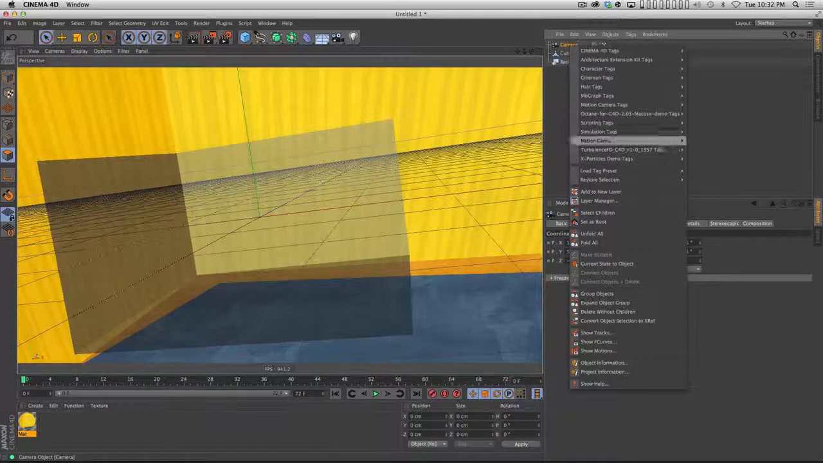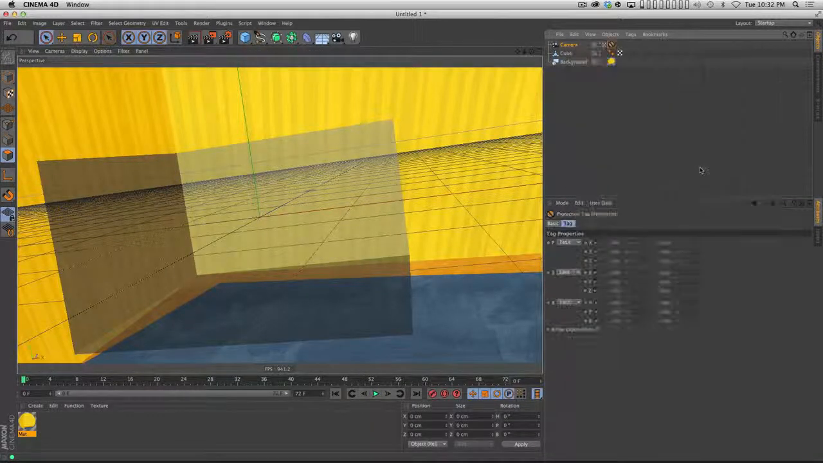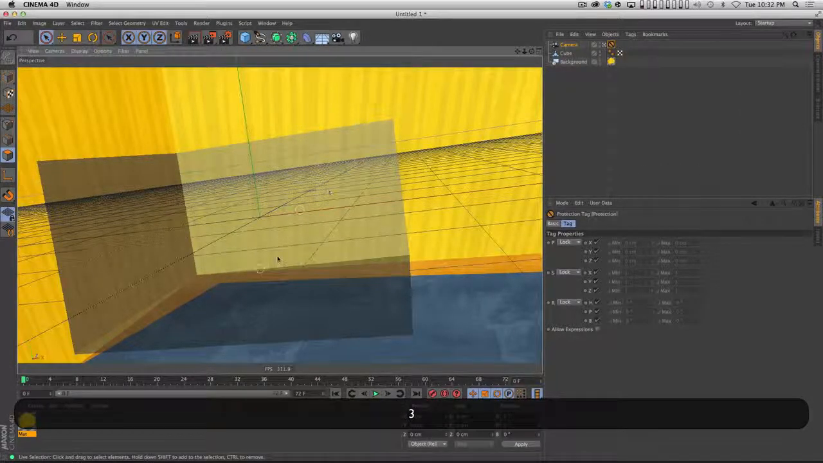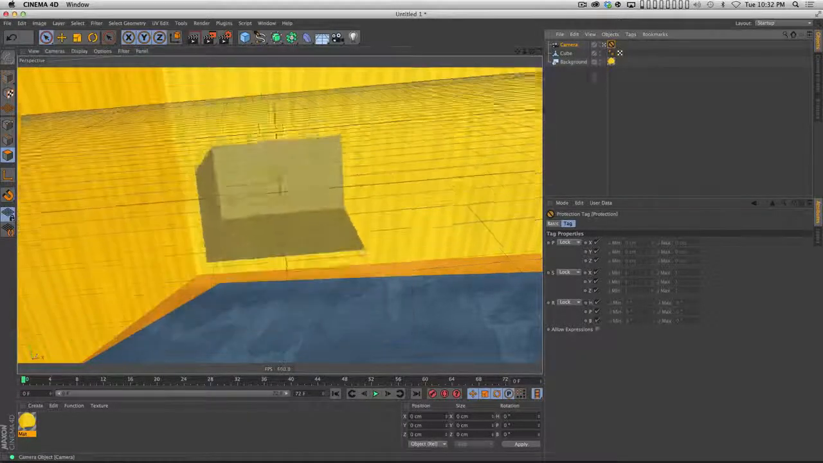And that opens up this big long list of things that you can do. Just look for Cinema 4D tags protection, okay? And all that does is it makes it so you can't accidentally move your camera. Wonderful. If you do need to move your camera around just to see something, click this little crosshair, and now